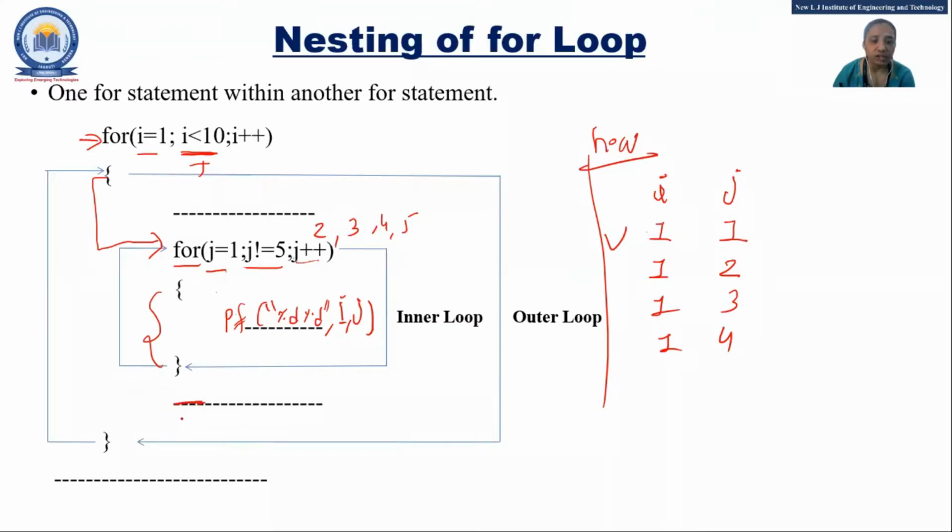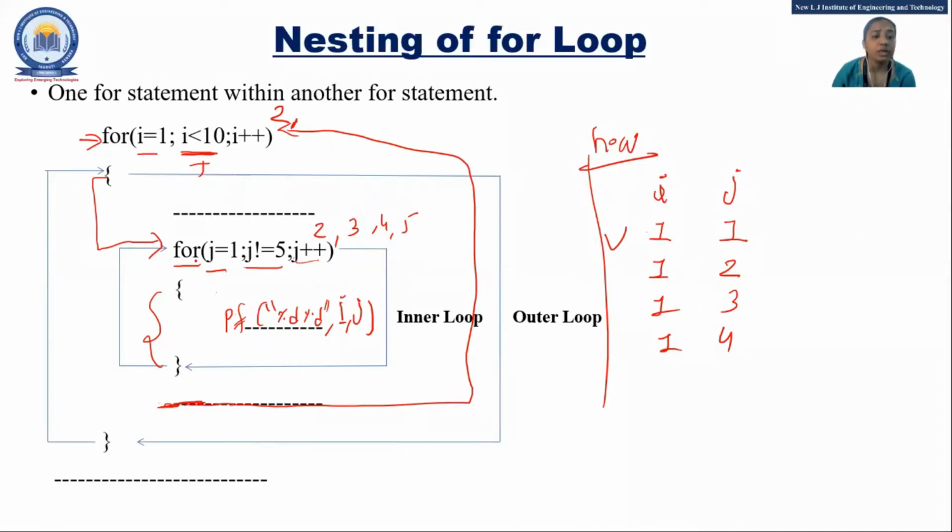Now suppose there is no statement here. So what will it do? It will go up. That means it will now increment the value of i to 2. Again the condition is false for the inner loop, so it just comes out of the inner loop here. There is no statement here; if there were any statement, it would execute it. Otherwise it goes up again. So i equal to 2. Now again it will go inside the loop because 2 is less than 10.